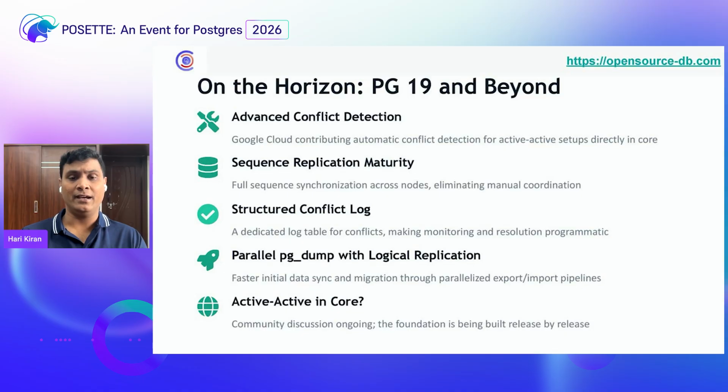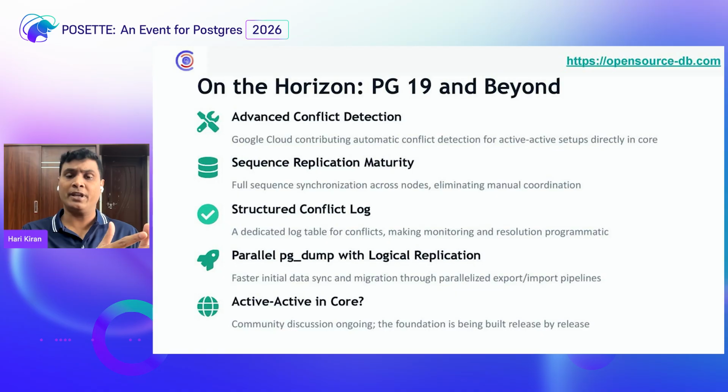And the horizon, I would say, right? What is there in PG19 and beyond? Google has been contributing significant work on automatic conflict detection. Sequence replication is maturing. A structured conflict log, a dedicated table for conflict events.